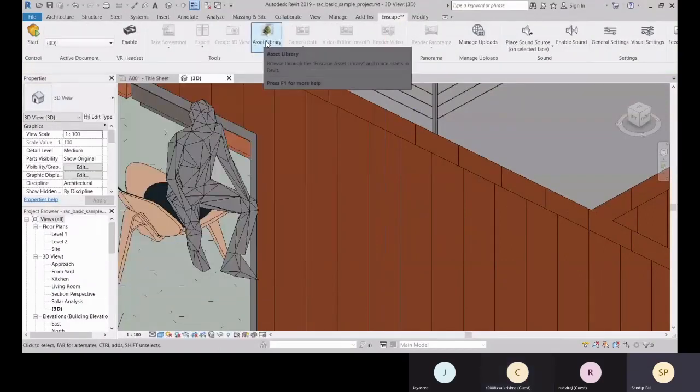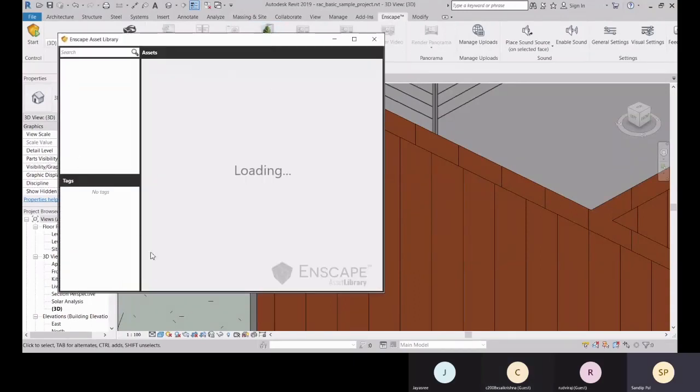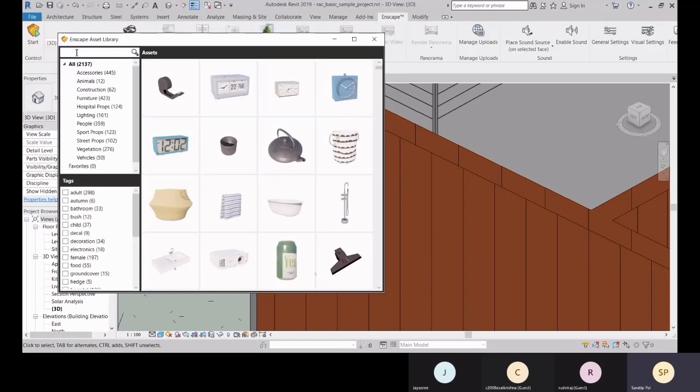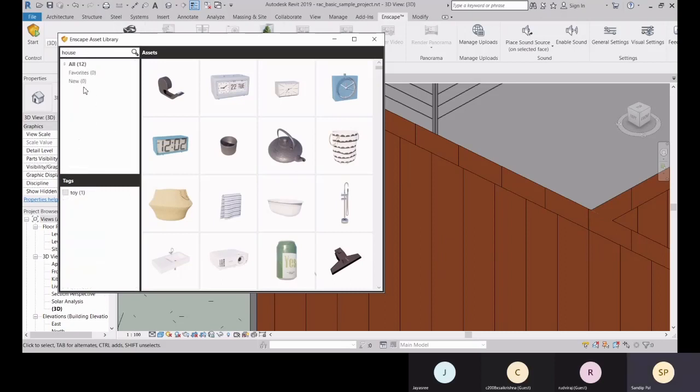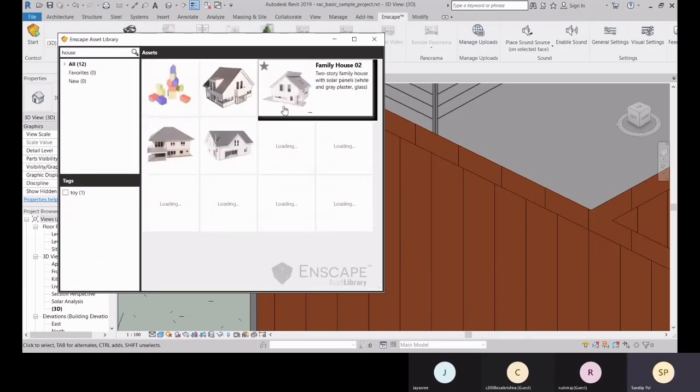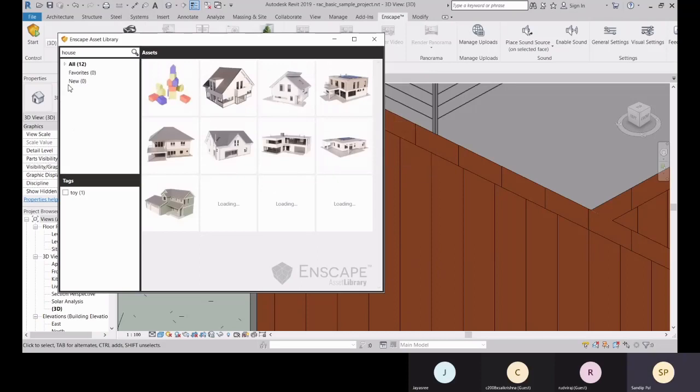So here you get this asset library in this Enscape tab, in this tool panel. The asset library is there, and here you get all kinds of categories. From there you can choose. You can search also. Like if you search house, it shows these results. So you can search all your assets from here.